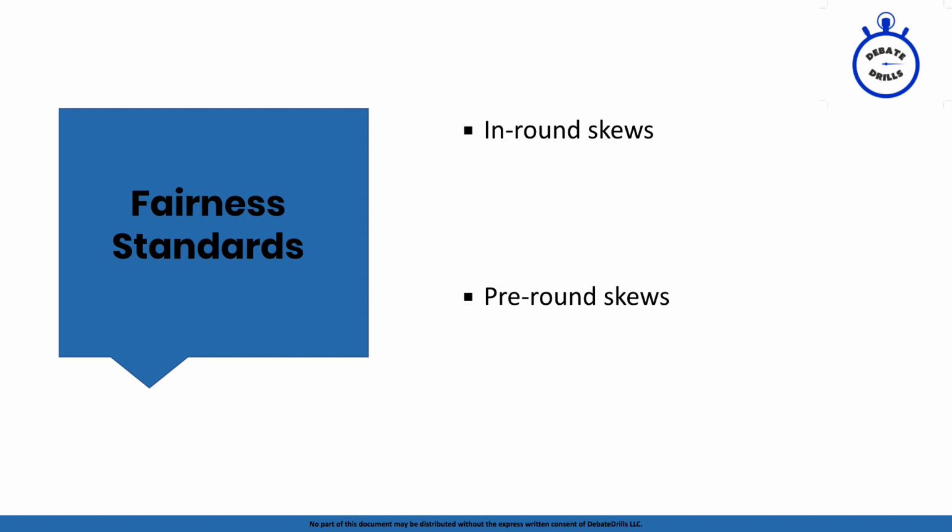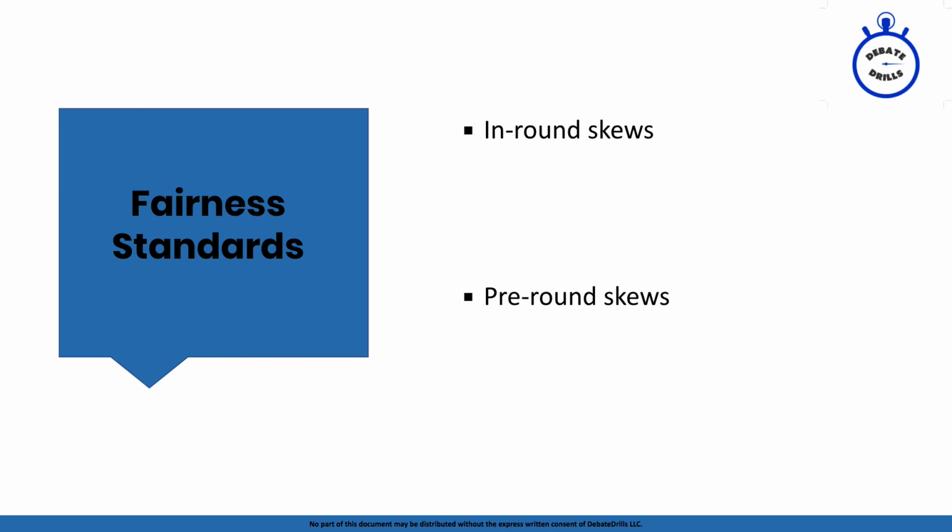Well, you would say that that has caused a pre-round skew now because there's information asymmetry. You have told your opponent everything that you're reading and have read, and you have no idea what your opponent is reading. So there's a lack of reciprocal access between both sides' ability to access information about each other in terms of the content of their arguments and their stylistic preferences.